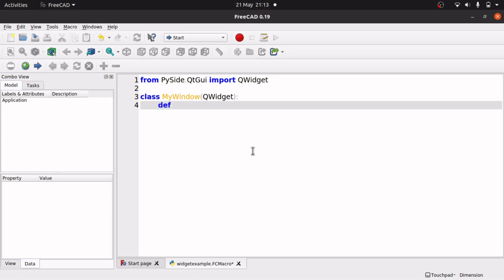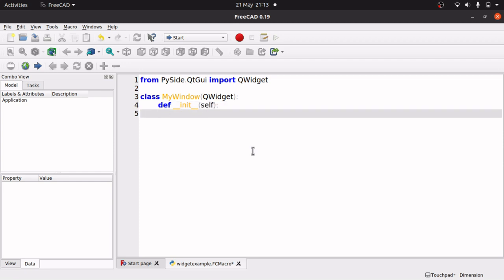I'm going to define the constructor, so underscore underscore init underscore underscore, and this will be run every single time, open close bracket, and in that bracket we put self. So this is run every single time this is initialized, and I'm going to just do super on here to run the constructor of the QWidget as well. So this goes back to the QWidget and runs the constructor. So we pass in my window, the class. You've probably already seen this before on my other tutorials,